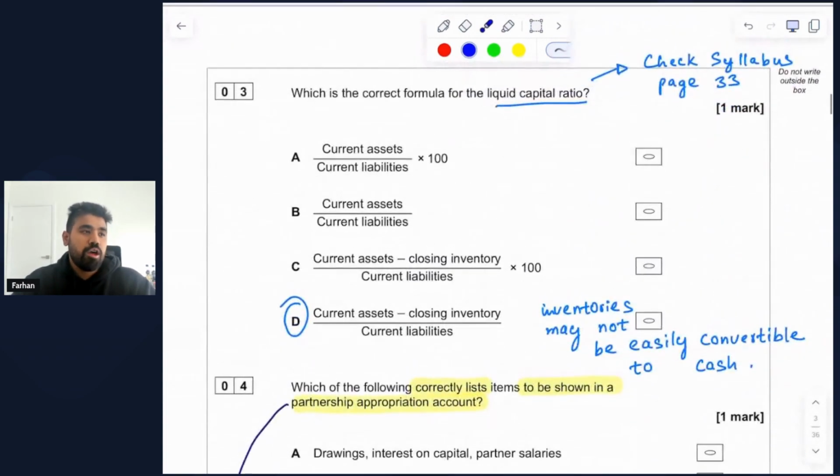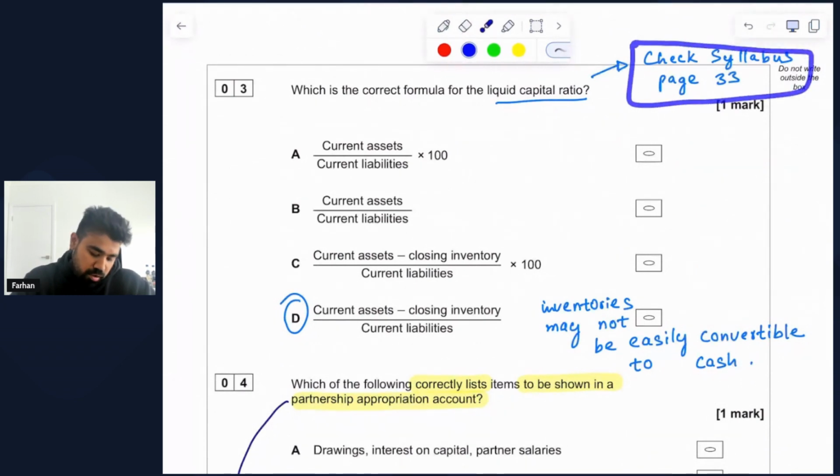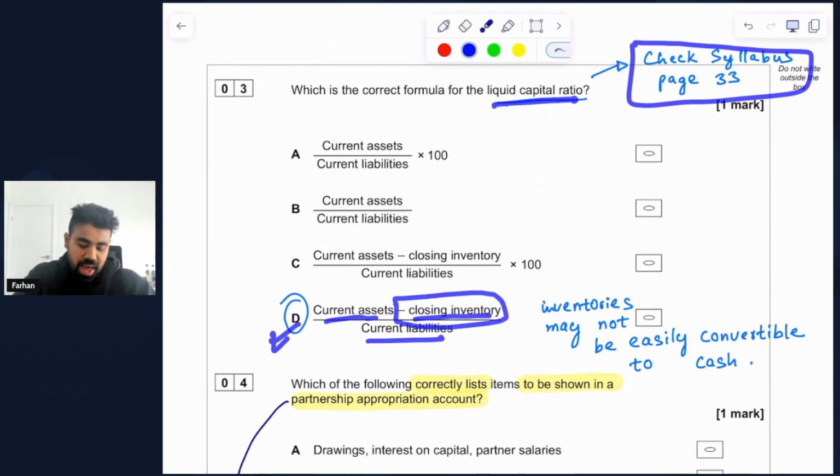Question number 3, which is the correct formula for the liquid capital ratio? So you'll find the formula given on page 33 of the syllabus, which is number D. So current assets minus closing inventory divided by current liabilities. Now, why is closing inventory being removed from the total of the current assets? This is because we are calculating the liquid capital ratio, and inventories may not generally be easily convertible to cash,